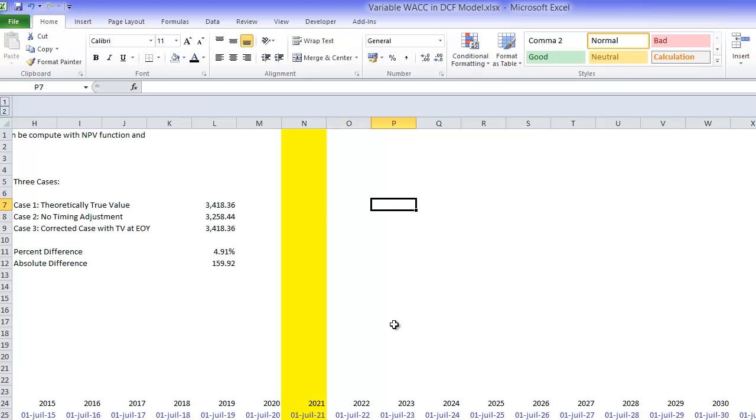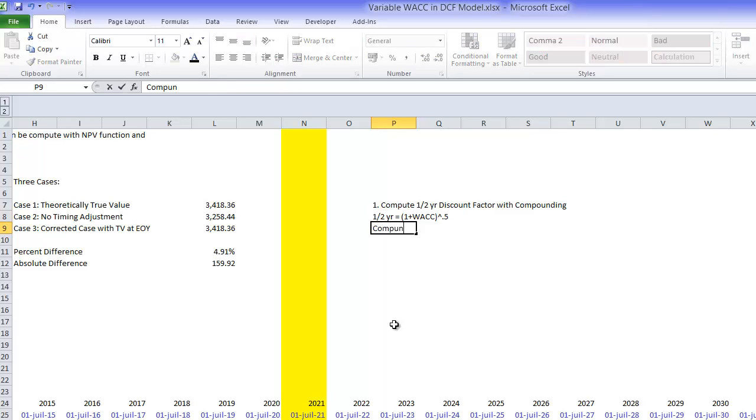One, we need to compute a 1/2 year discount factor with compounding. And this is how we do this. We put the discount rate, so the 1/2 year equals 1 plus the WACC raised to the 0.5 power, and then the compounding factor